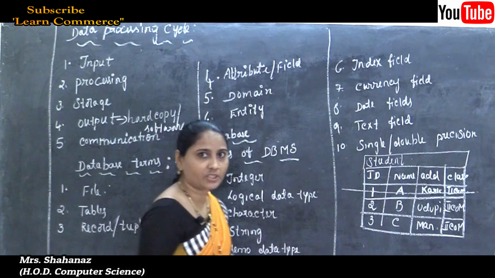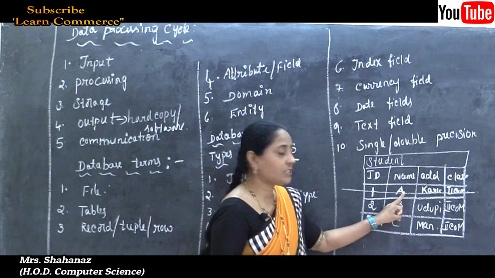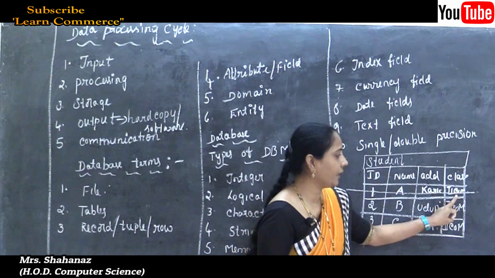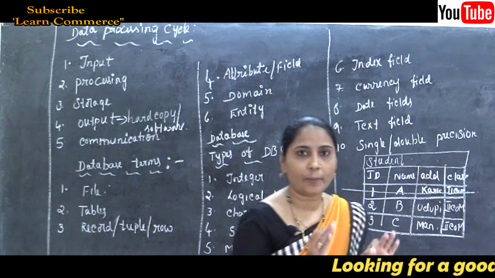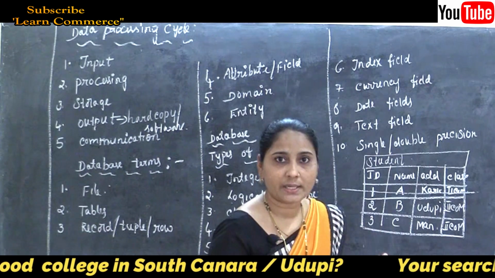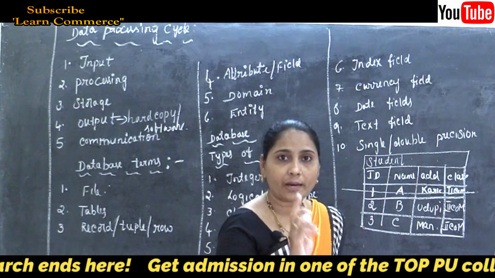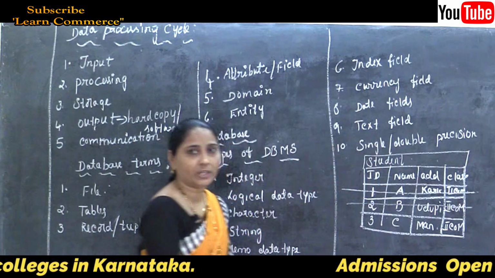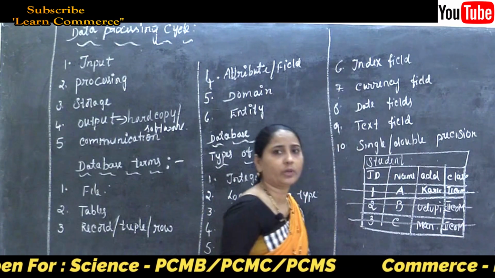Clear this point here? So the first row information is 1, name of the student A, address of the student Karkala, class of the student second commerce. A single entry, the information about the student A, is called the record. So because of this, when I tell about the record, I said here 3 records are there. Why? Because in this table, this is the record information about student B, and this is the record information about student C.